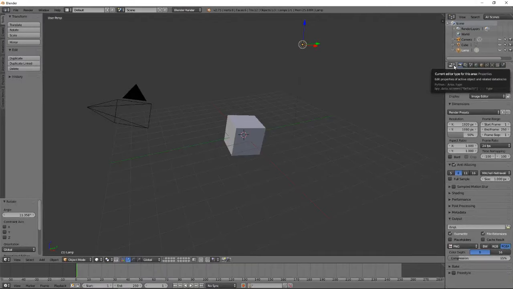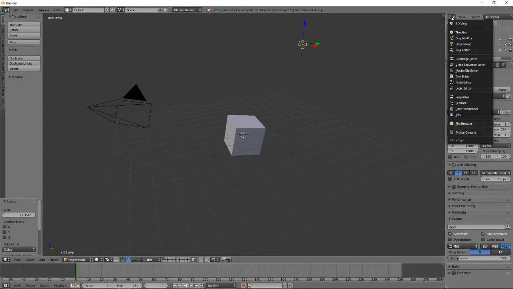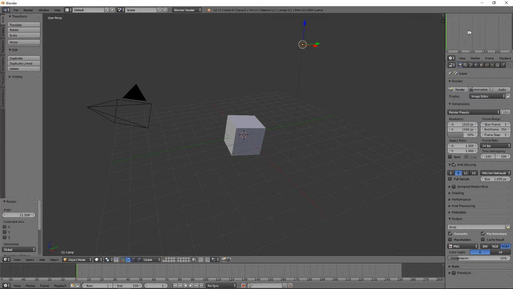So, if I click on, let's say, our outliner, I can change the outliner to any of these windows. For example, let's say I wanted a second timeline. Well, now you can see that up here, I've got something that looks a lot like this. So I've created a second timeline, but I don't like that, so I'm going to change it to a 3D view. Now look at that. I've got another copy. It's a different angle, but I've got another copy